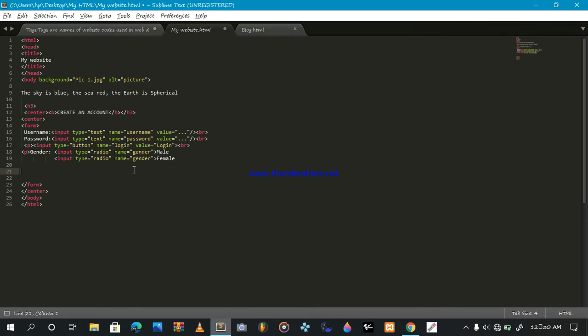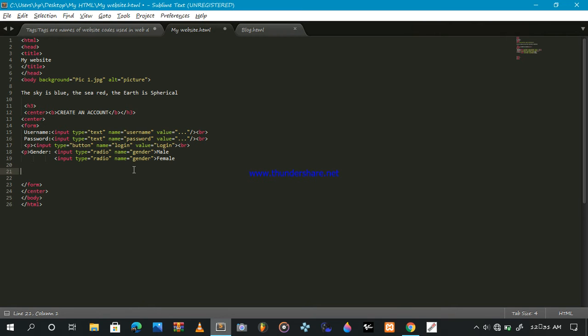It's the next feature used in the HTML language, and it's a feature used in the forms section. You can use this feature anywhere you want on your website. In this video I'll be showing you how you can make checkboxes. It's a feature that gives the user the ability to select items. They're called checkboxes. I want to show you some examples and ways you can use checkboxes on